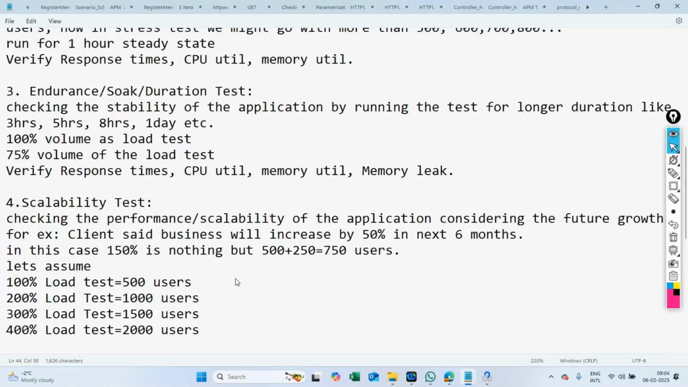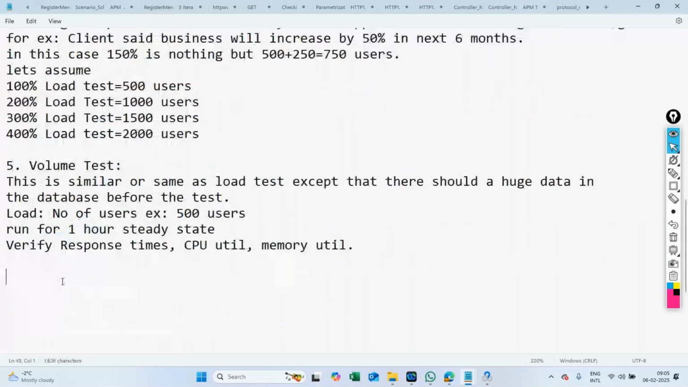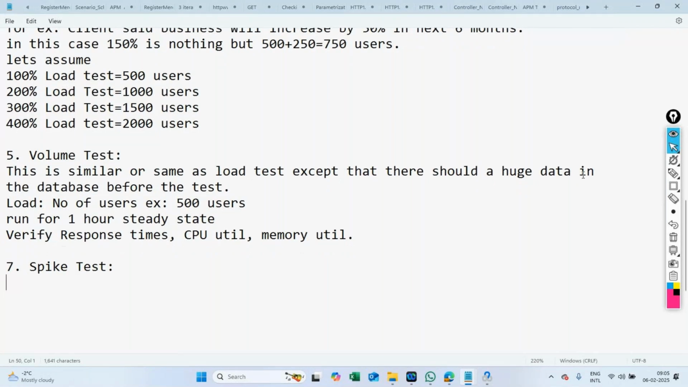And then there is spike test. Failover test we'll discuss tomorrow. That's what we discussed, right? So we'll clearly discuss failover test tomorrow with a good example. I have to draw some diagrams and explain that failover test to you tomorrow. So spike test is nothing but